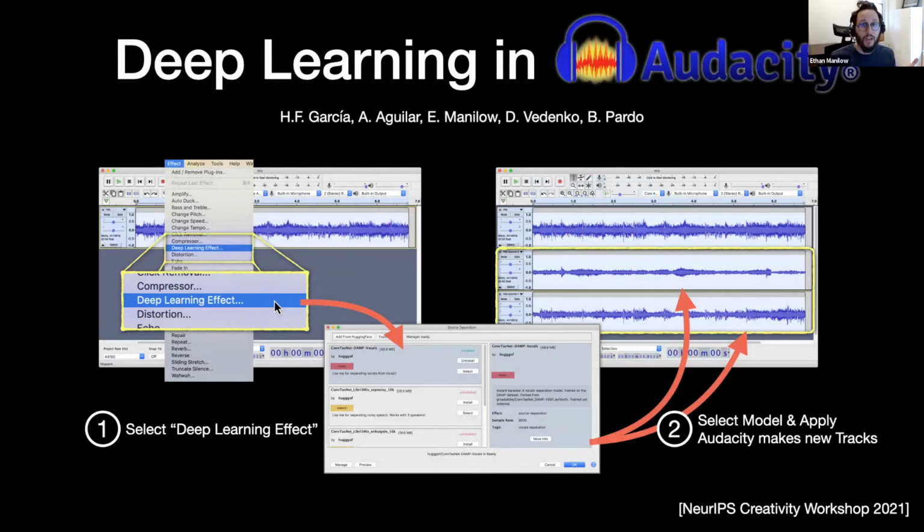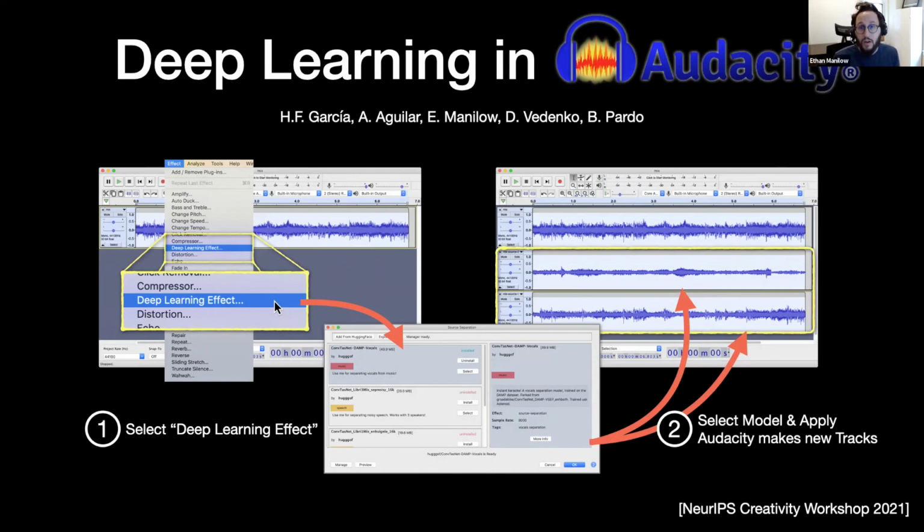So all of the projects I just discussed are good and well, but it's hard to see how they can affect the creative processes of everyday musicians if these ideas are stuck behind densely written academic papers and GitHub repos that are hard to run and all that sort of stuff. So my lab mates and I decided to add support for running deep learning models in the widely popular open source DAW Audacity. So we're currently working with the developers of Audacity to get this shipping with the main build.